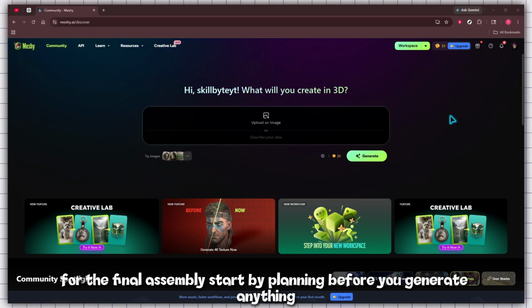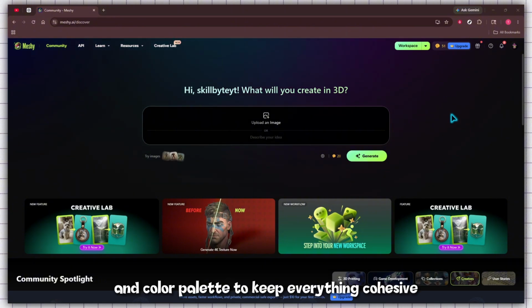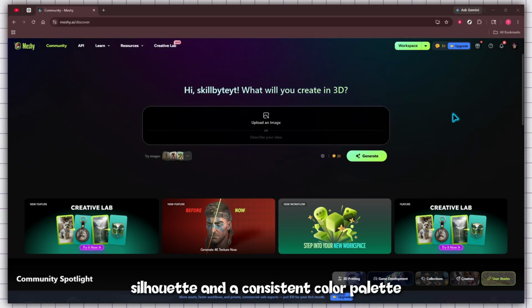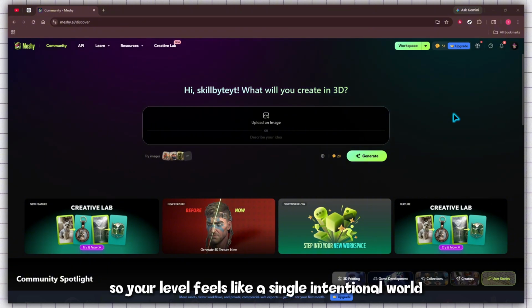Start by planning. Before you generate anything, define your theme, art style, gameplay flow, environment mood, and color palette. To keep everything cohesive, set a few clear style pillars: materials, mood, silhouette, and a consistent color palette. These guardrails help AI outputs match each other, so your level feels like a single intentional world rather than a